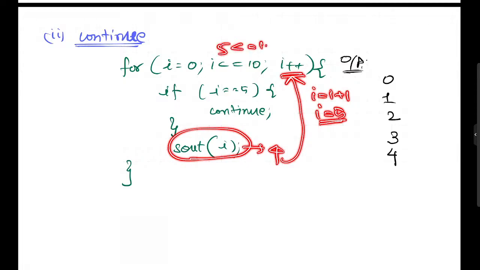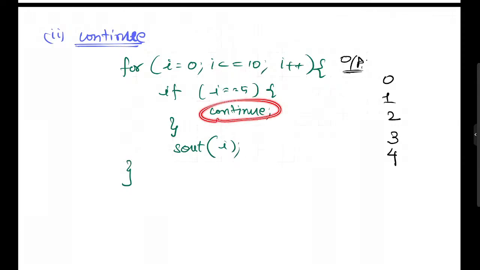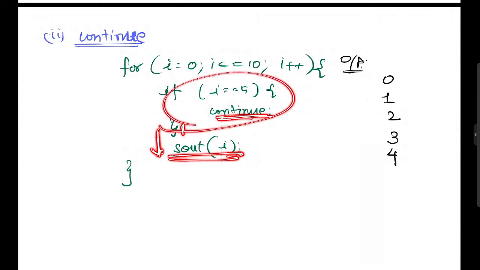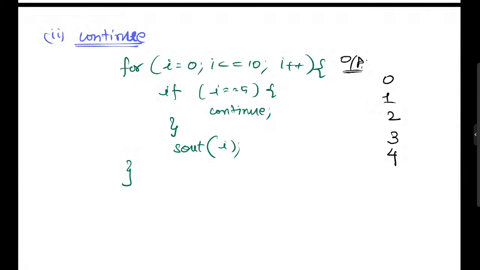5 is still less than or equal to 10, right? This is true. Go inside this loop body, and then this I is equal to 5 will be true because 5 is equal to 5. What this continue will do is skip all the execution below this. Let's say there are 100 lines after this if condition and this continue. All of that execution will be completely skipped, and then it will go to this updation step. So you will not even print,